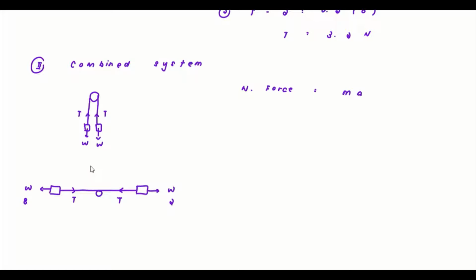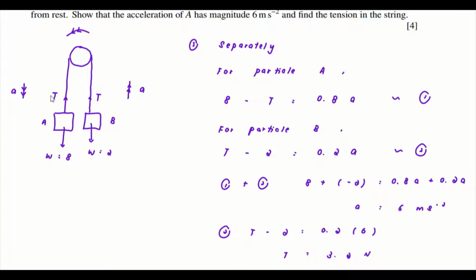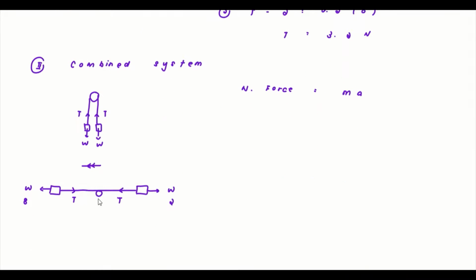So for sure this system will move to this side. The acceleration going down is positive, the same as when we look at this, going down is positive, but we are just looking at it in a horizontal element. The net force: T and T eliminate each other already. So the net force in the positive direction is the 8 Newton, minus the 2 Newton going in the opposite direction, equal to the mass. The mass will be the total mass, which is 0.8 plus 0.2,